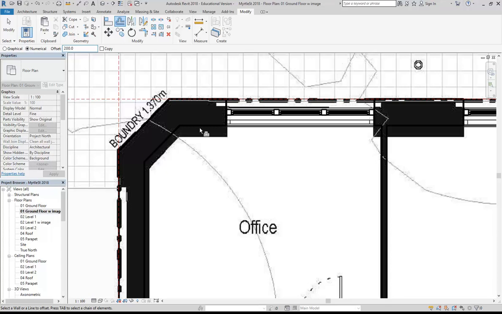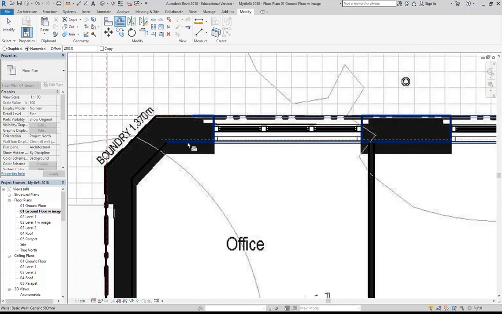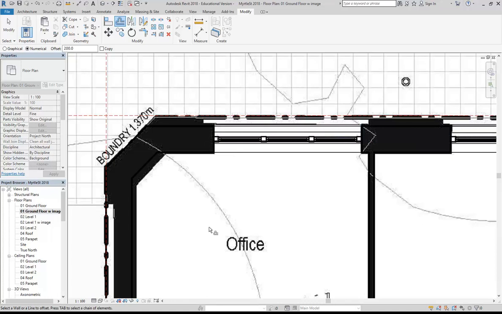And then I can pick this wall and make sure that the line's going below. I know it's a little bit unclear there because it's a very thick wall, but I know that is the right way. See how that dashed line there is going up above, but I'm going to move it down so that it's further down. That should be to the right side. There we are. So I've moved that whole wall down 200mm,